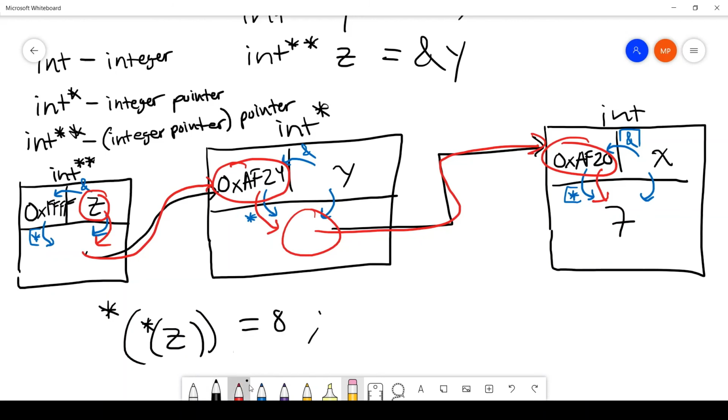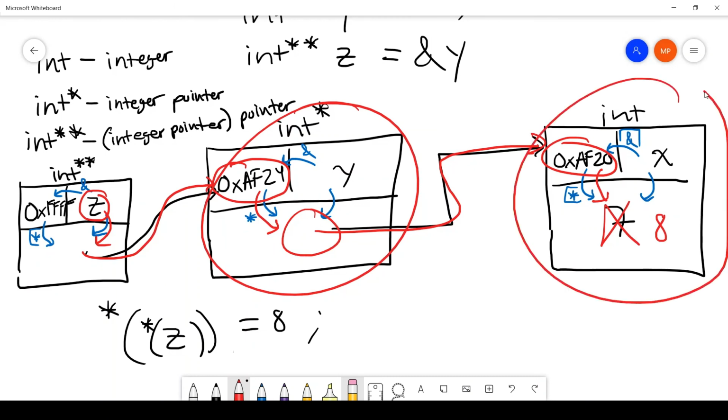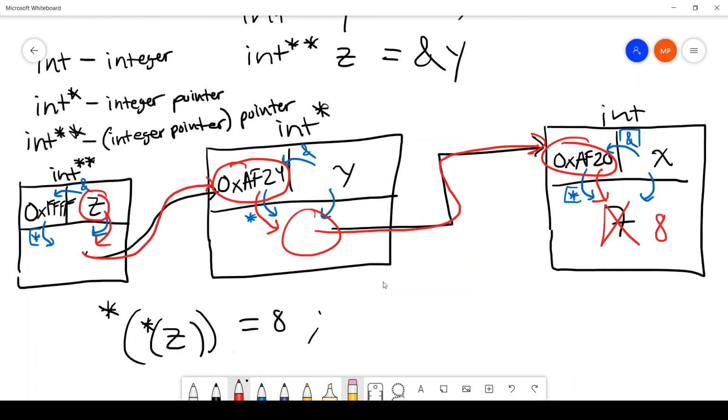And what that will do is change this 7 into an 8, and that will affect it for this pointer as well as the original variable of x. Of course for itself too, the double pointer as well. And so yeah,